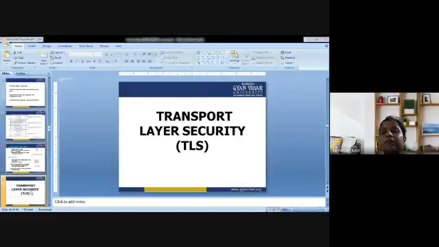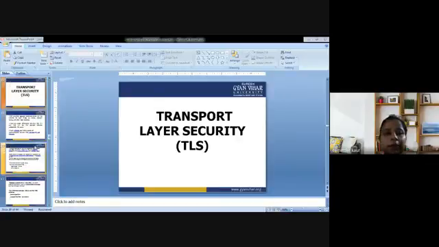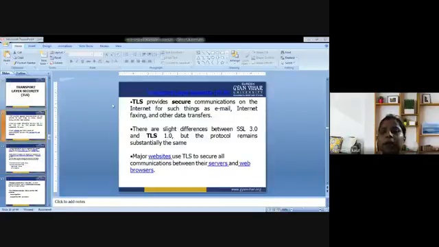Next we have discussed TLS, that is transport layer secure. Let's have a look at what we discussed in TLS. Now why am I discussing these points? Because they are connected with the topic that I am going to discuss, so that you can brush up your knowledge about what we have discussed so far, because all these topics have been covered in 2 to 3 lectures. That is why I am giving you an overview.